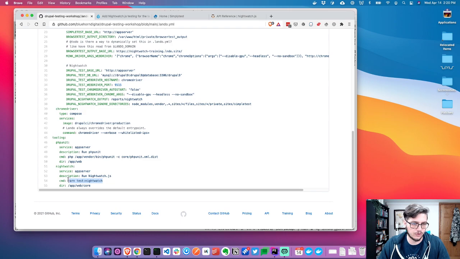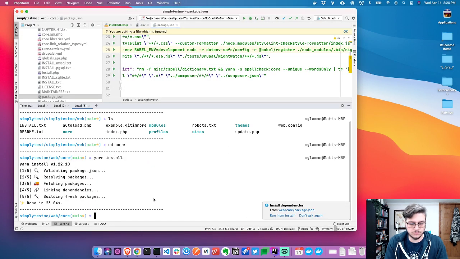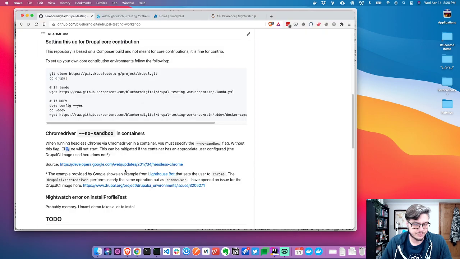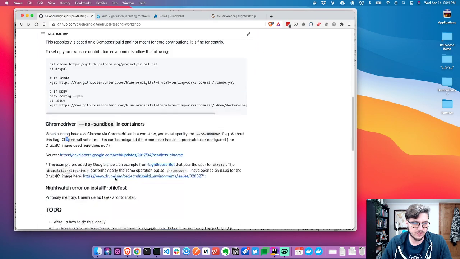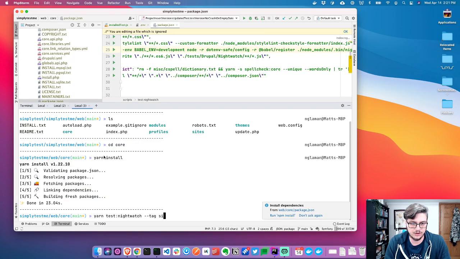Okay, so we'll do yarn test Nightwatch, and then we pass the group. Oh, sorry. So the yarn and we're going to pass tags, and you pass the tags that are required. So like, oh, sorry, it's just tag. So we're going to do tag simply test,